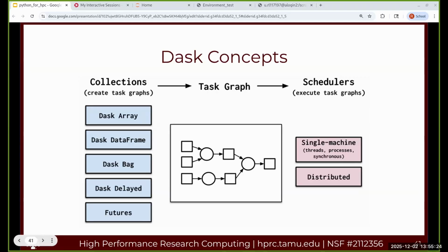Instead of executing your functions and having them run now, you pretend to execute your functions so that you show Dask the order in which you would like them to be executed. Then Dask takes a note of, okay, execute this one first, then that one, and it builds a task graph. Finally, you can tell Dask, okay, now do that,